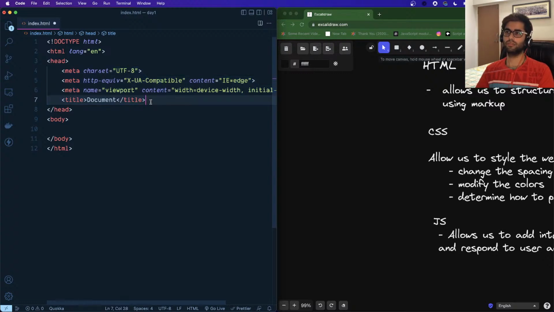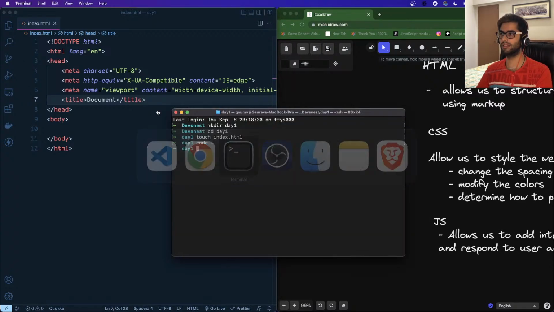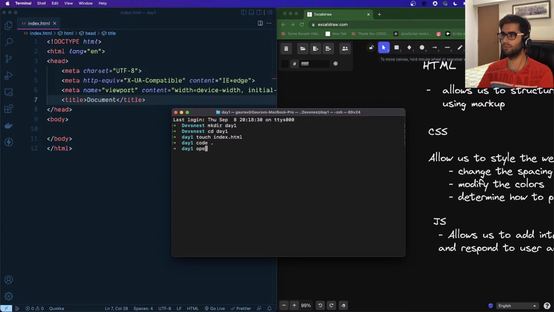All right, so one of the main tags that we add over here is the title, which basically is the text that you see on the tab, right? So that is once again something which informs us about the website, but it's not something that is very user centric. So that is what is shown over here. Let me just save this, and what we will do is we will open this website in our browser now. So I'll say open